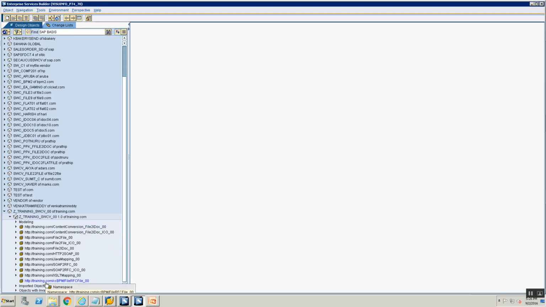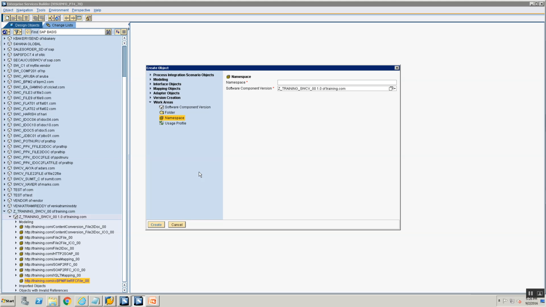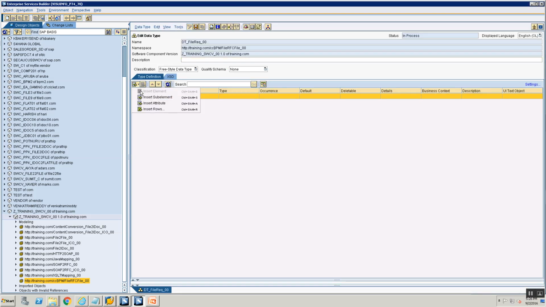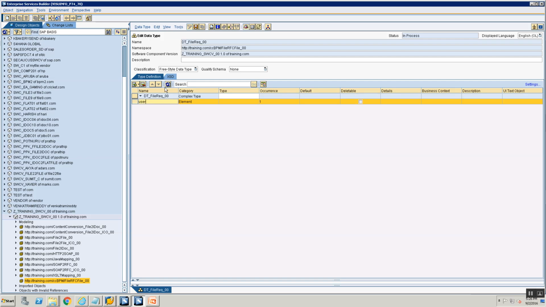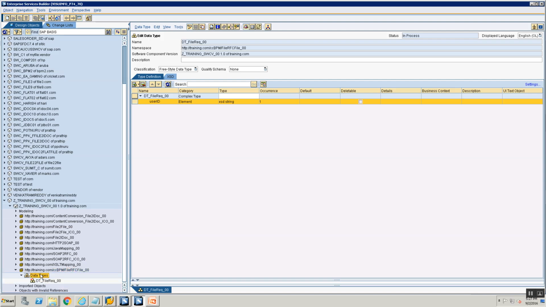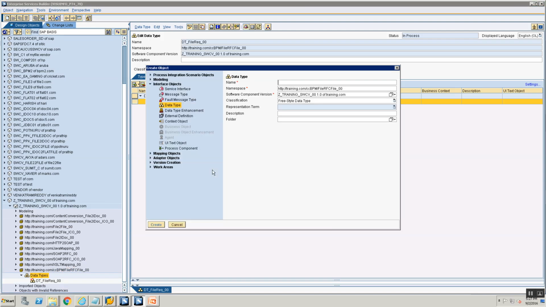Okay. So I'm here in my file RFC file namespace. I'm going to create interface objects and say data type. And I'm going to call it DT file request underscore 00. Let's put one element, insert sub element, user ID. I'll call it XSD types string. Next, I'm going to create one more data type, DT underscore file response underscore 00, and here